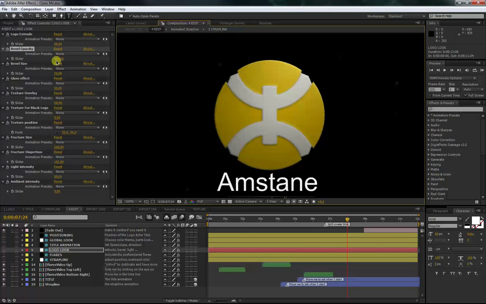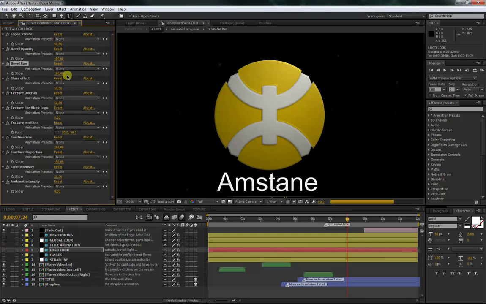Okay, so the bevel opacity, bevel size. I see we don't see it much here because the logo is already, I'll say, a light one, not a dark one. So we see it here in the edges. This is the bevel size, and you can play with the opacity and get rid of it if you want, like this, because there is already